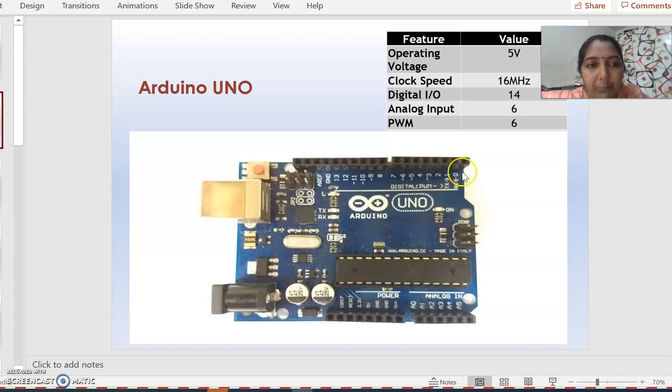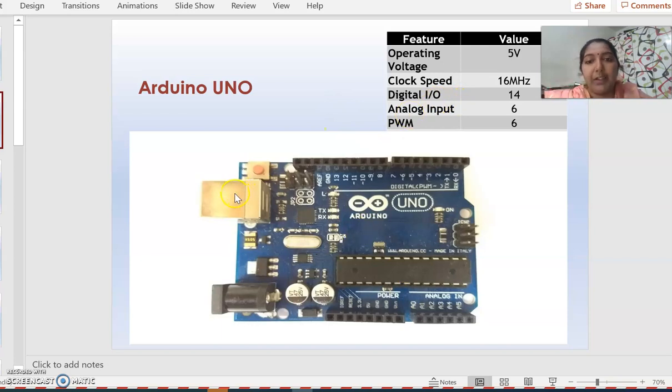of digital values. Similar to that, we have 6 more analog inputs. If you observe here, we have the analog pins from A0 to A5. Here they have clearly mentioned that all these are input pins. That means these pins must be connected to input devices, and the information is processed in terms of analog values.